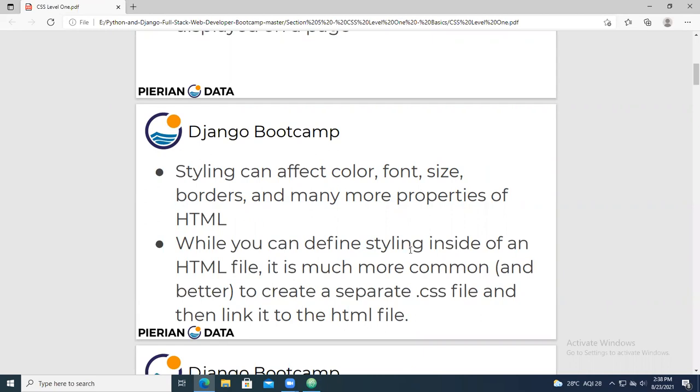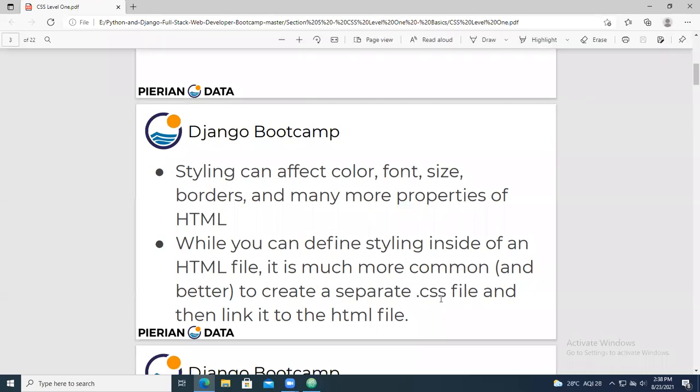When you define styling inside of the HTML, it is much more common to create a separate CSS file. Till now we have created only the HTML file. In today's class, we are going to create a separate CSS file and then link it to the HTML file.